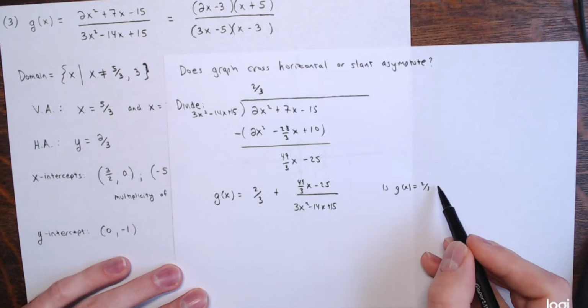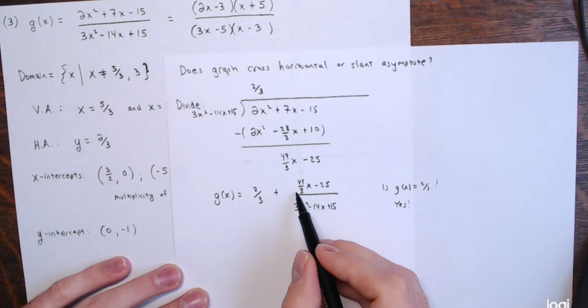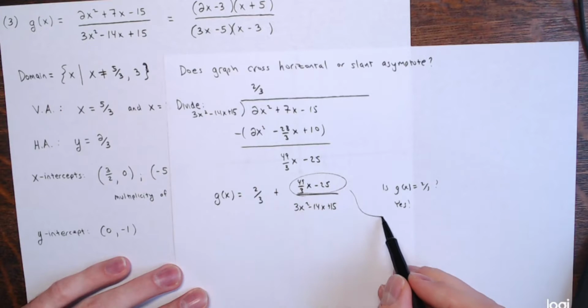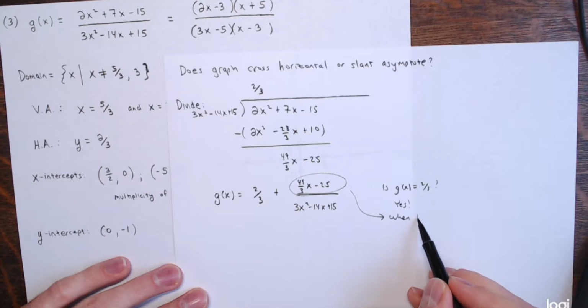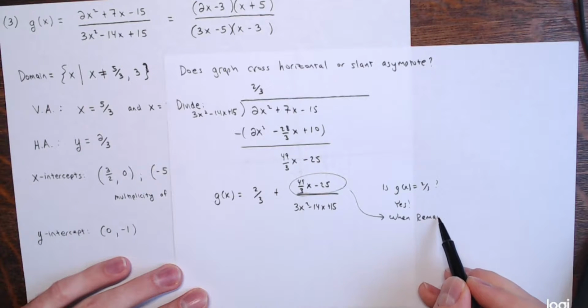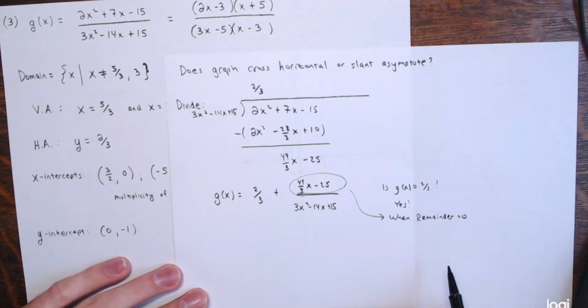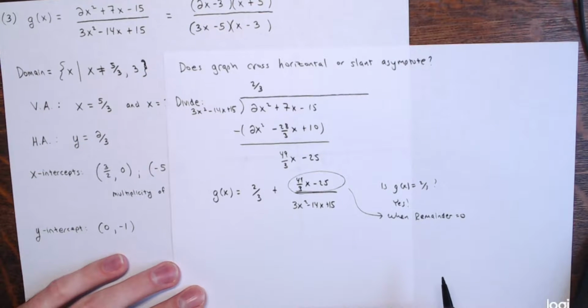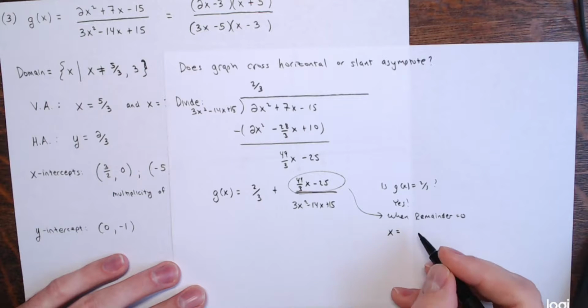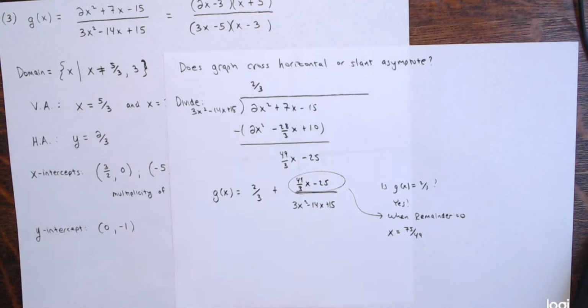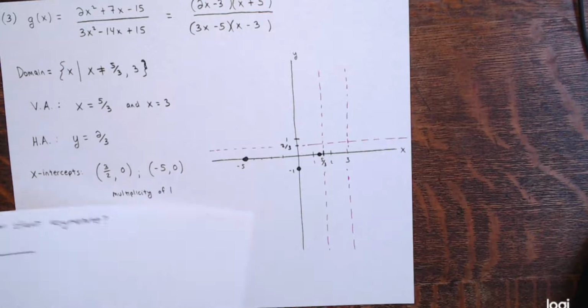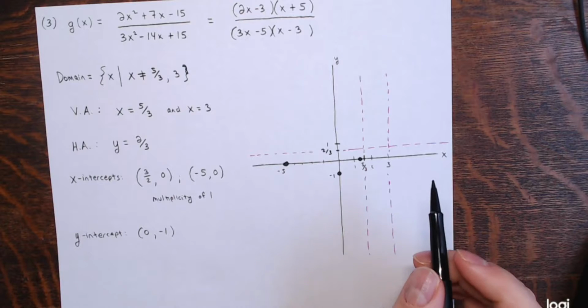And then the question is, is g of x ever equal to 2/3? And yes, when this is 0, right? When the remainder is 0, basically. And that happens when x equals 75/49. And if x were equal to 75/49, then the graph crosses the horizontal asymptote. Right? So that's a lot. You don't really have to do that every time, but 75/49